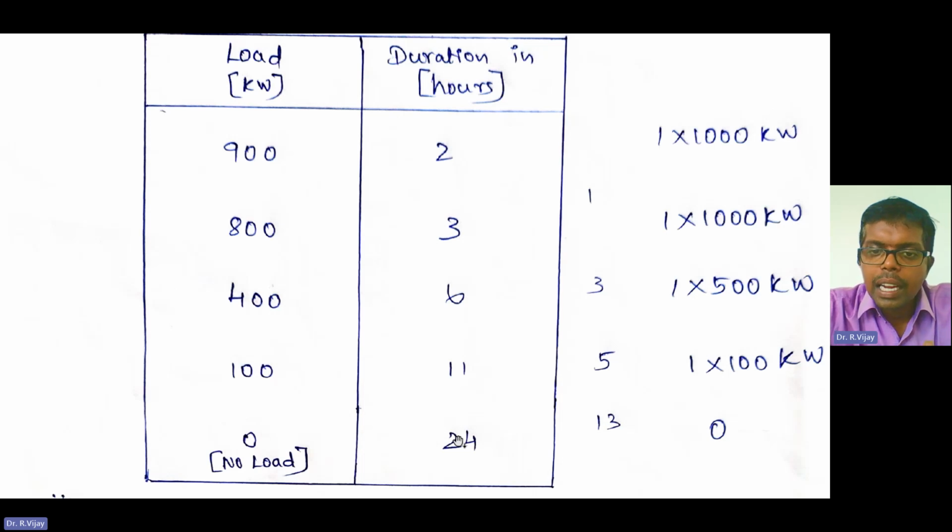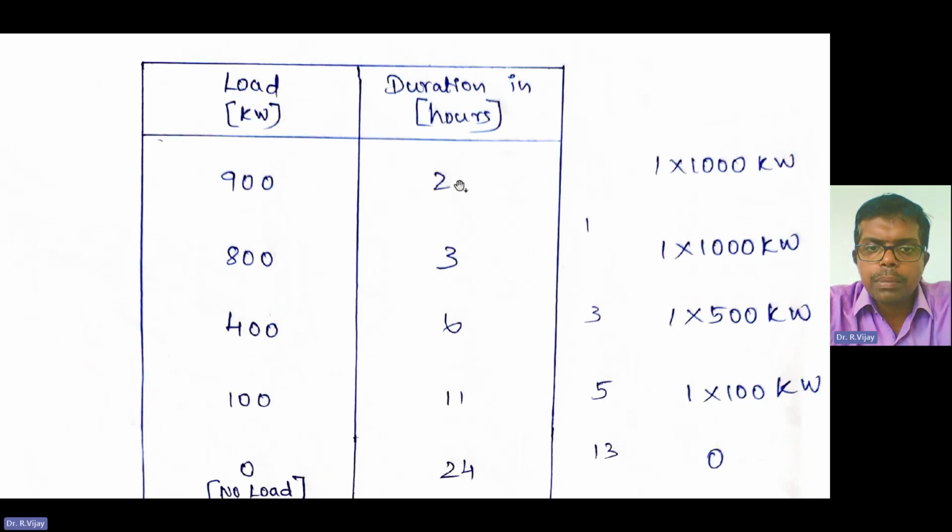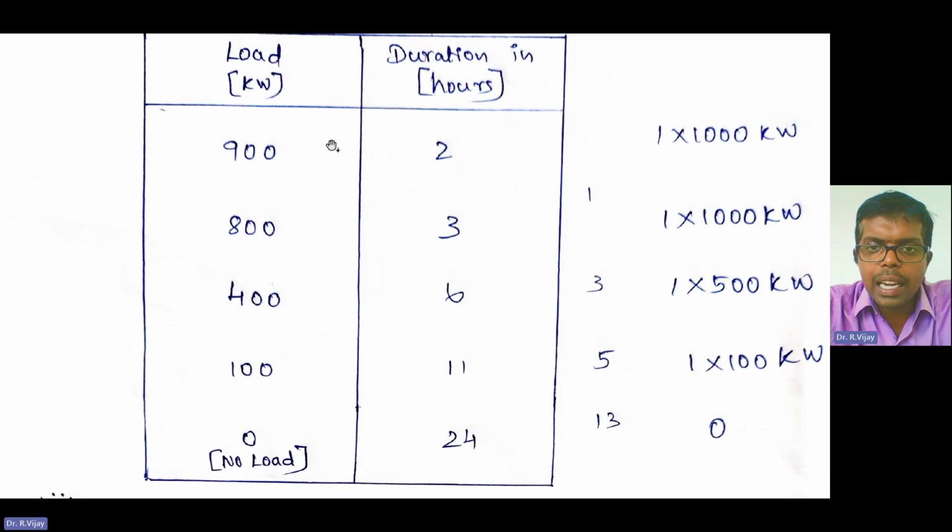So here a whole day is given, so 24 hours in a day should come. The duration at last you should get is 24. If, for example, 23 or 25 is coming, you made a mistake in between, so you need to check the duration correctly. Next, this is how you need to mark the duration, and from this duration you can easily draw the